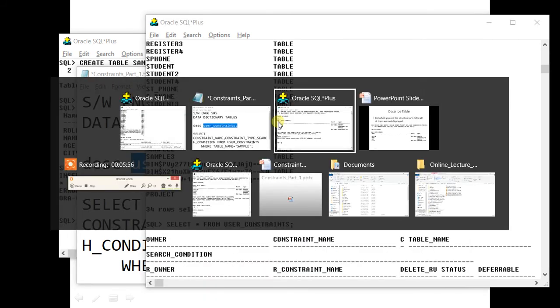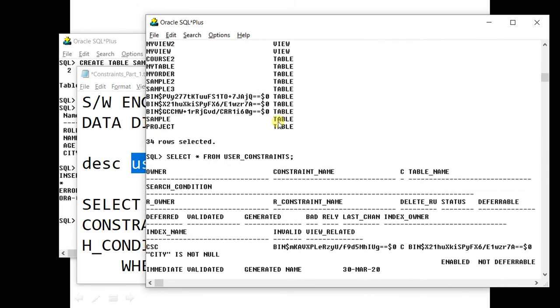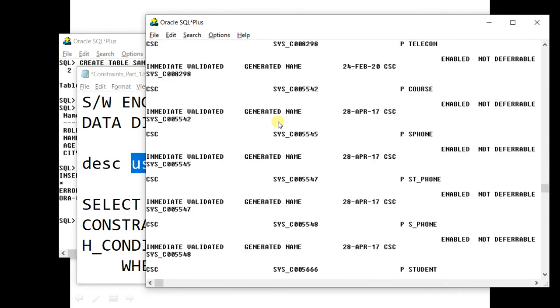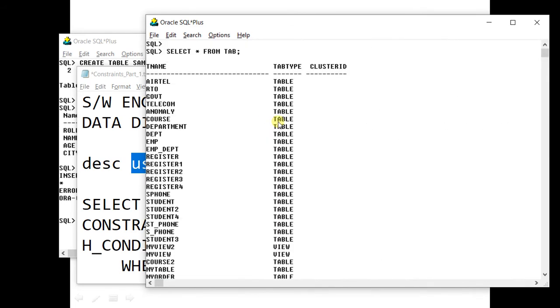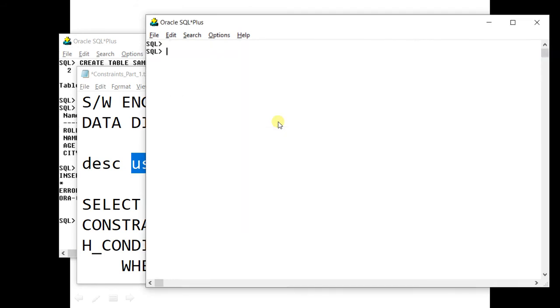Now if you look at the query which I had given, the output is very complex. So it is difficult to understand what information is being displayed. So let us simplify this task. Instead of doing a complete select star from, first you see the columns of this table. Describe user underscore constraint.